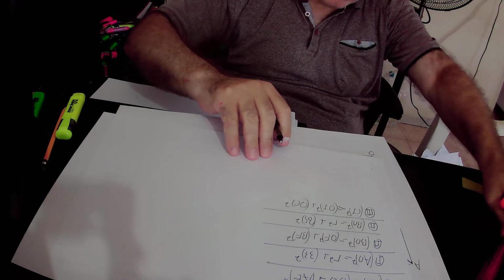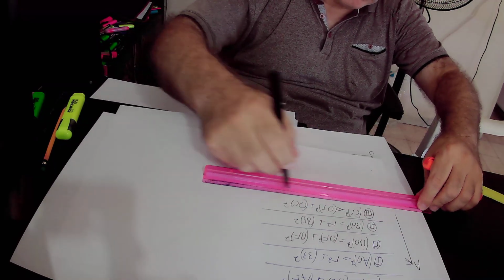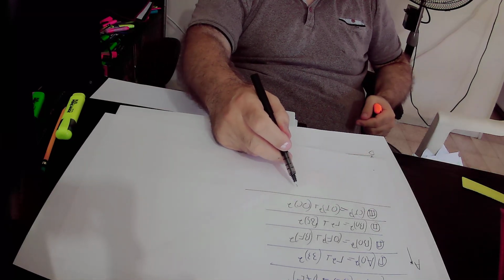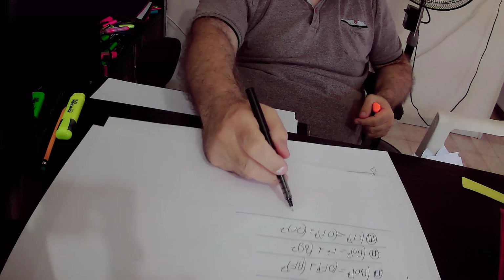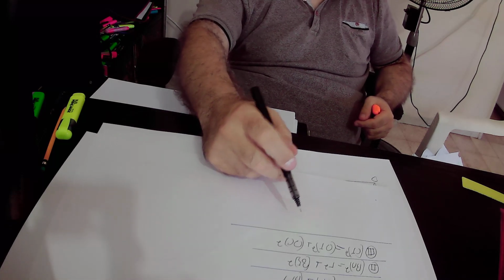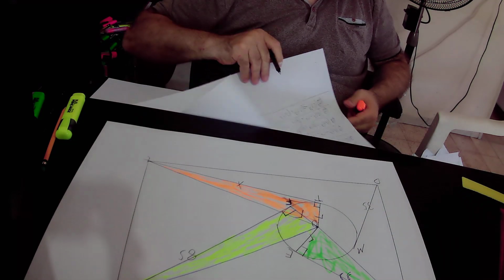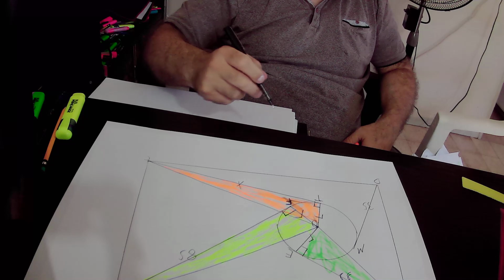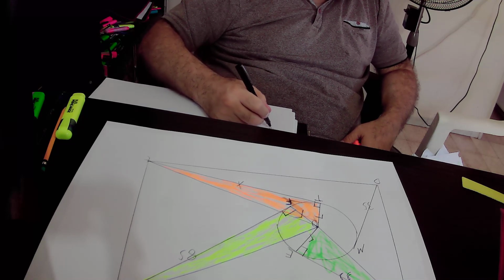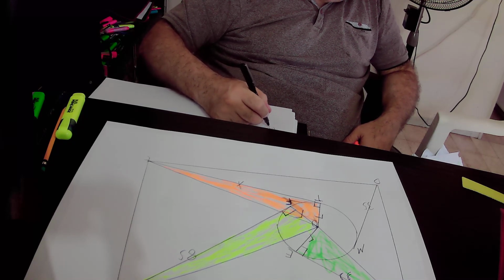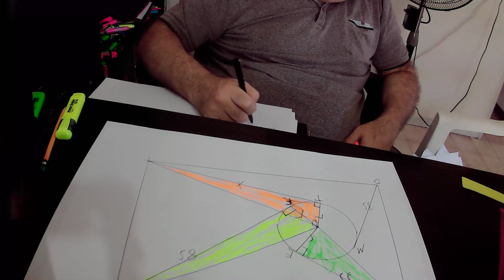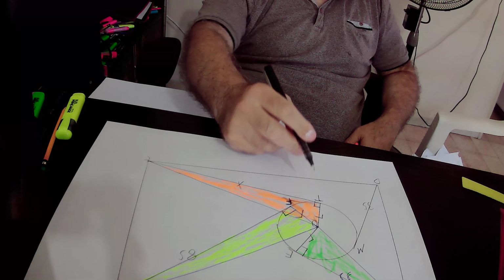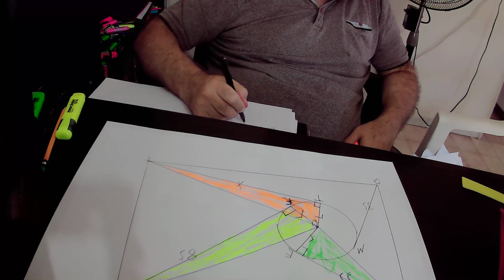Repeat again, in the orange triangle according to the Pythagoras theorem, we get that CT squared equals OT squared plus OC squared. CT equals X, therefore CT squared is X squared. It is equal to OT squared. OT equals R, therefore OT squared is R squared plus